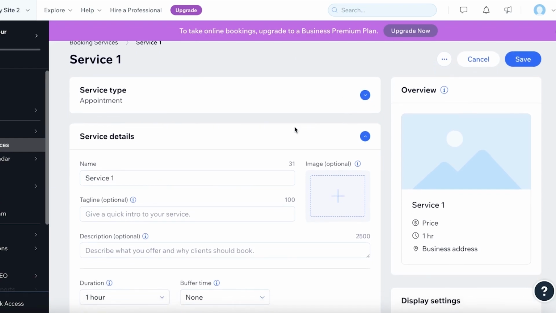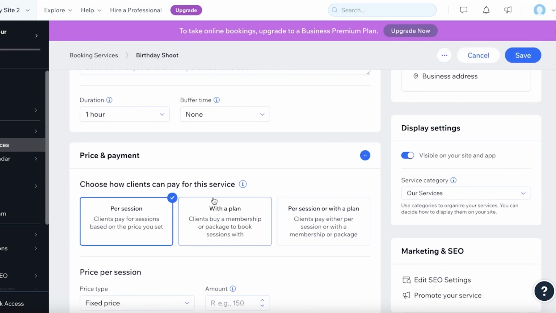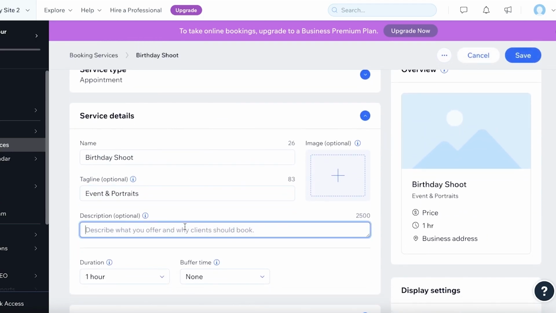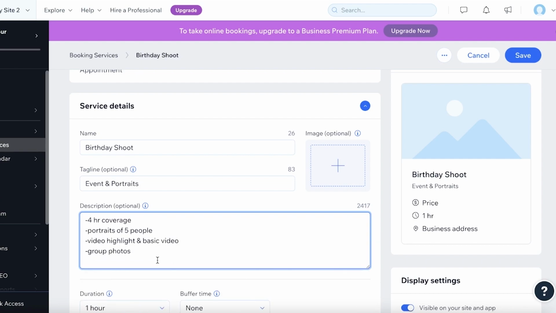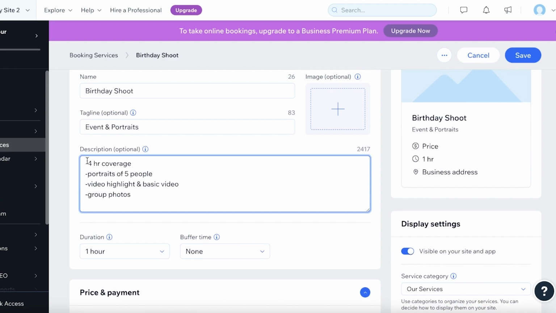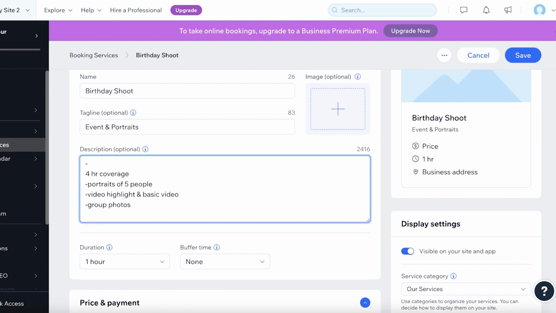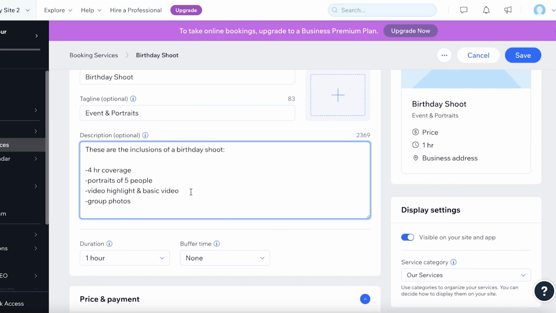So this is going to be an appointment only service, and I name this birthday shoot. The tagline is event and portraits, and I can then enter the description of what kind of services I'm offering within this birthday shoot. I like to be as detailed as possible so my customers don't have as many questions, because sometimes they just want to know a very basic thing you might have left out. So I'm just adding some keywords, and on the top, I like to add a phrase like, these are the things included in this specific shoot type. And this provides a basic, easy to skim through